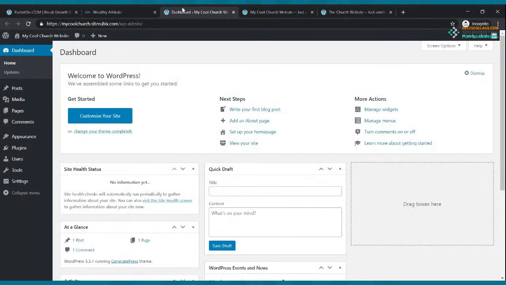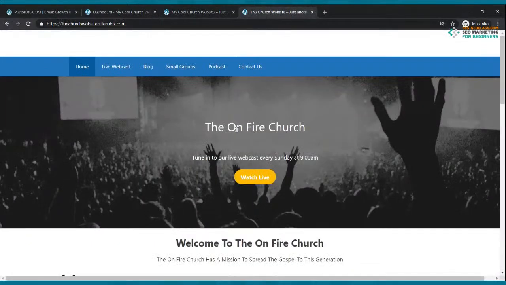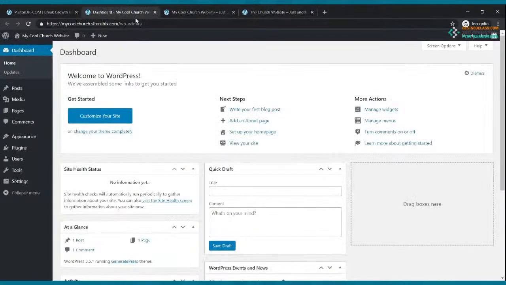First thing we want to do, you go back to your dashboard. Okay, so let me just make this clear. I'm going to close this. All right, so this is our dashboard. This is our existing website, how it looks, and this is our goal. Okay, so let's go. All right, first thing you want to do is when you're in your dashboard,